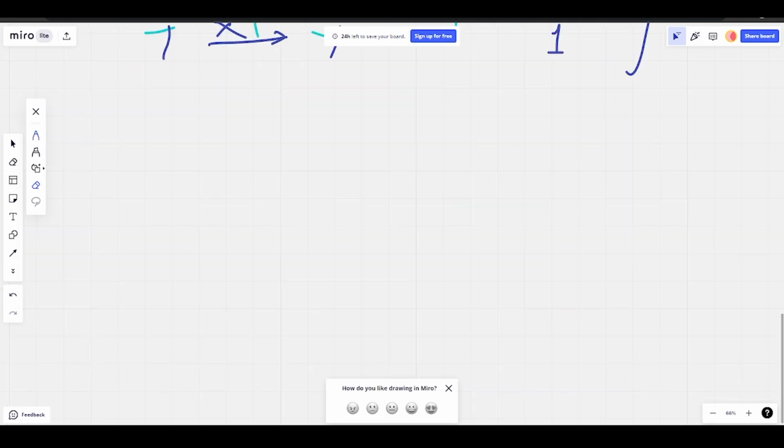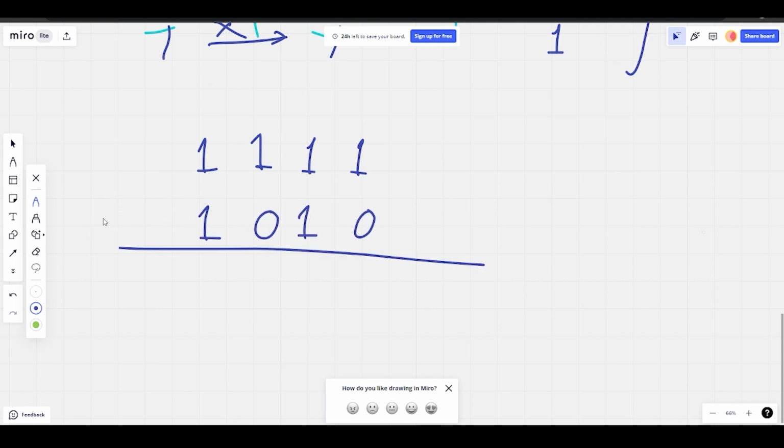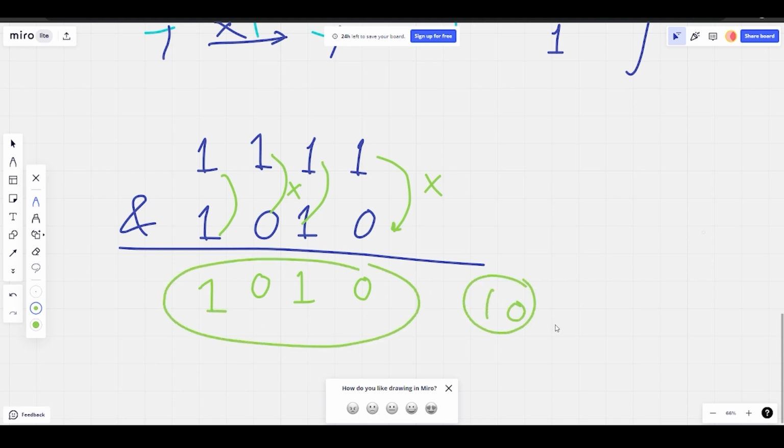Now let's see how some operations work. Let's take 15 in binary, which I have already shown you, and let's take 10. Now if I do AND over here, using the truth table I have already shown you, we just have to multiply. 1 and 0 will give us 0. 1 and 1 will be 1 as well. 1 and 0 multiplication is 0, and 1 and 1 multiplication is 1. So I have got 10 again. So 15 bitwise AND 10 gives 10 again. That is how the logic works.